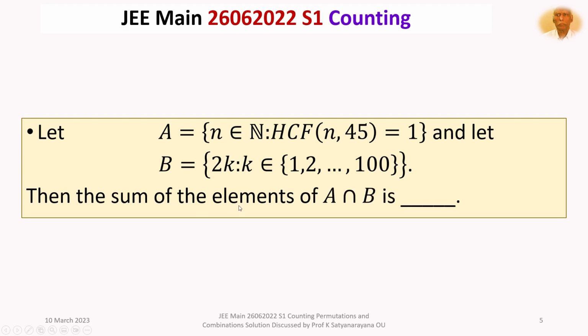Then the sum of the elements of A intersection B is,